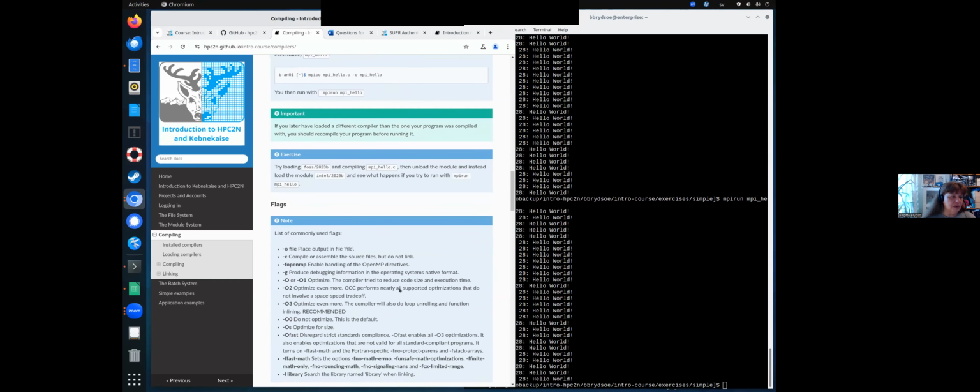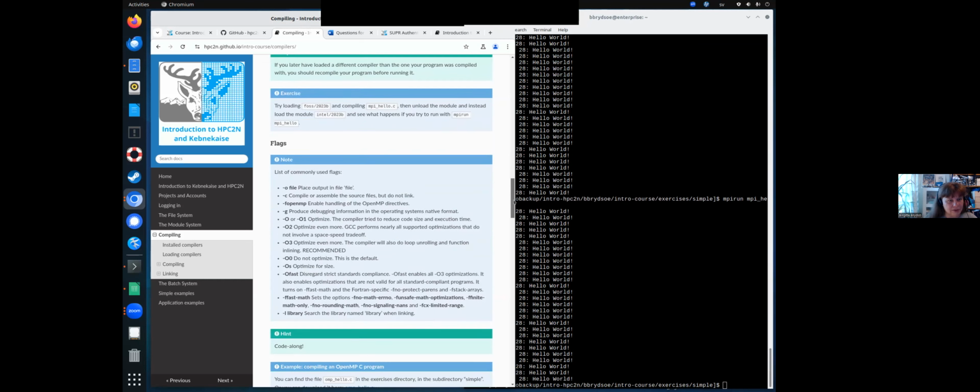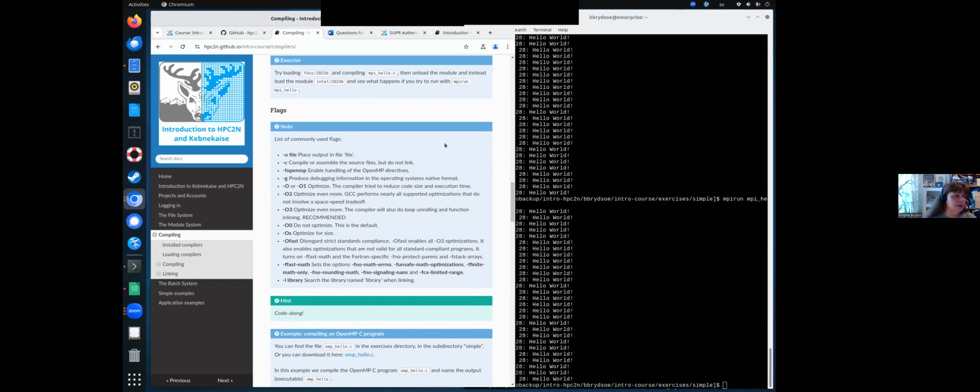Note that if you later load a different compiler than the one your program was compiled with, you should recompile your program before running it. It may work, it may not, but it's a good idea to, and if you recompile it, it definitely will work. So now try doing the same thing, but with FOSS 2023b. And you could also see what happens if you then load